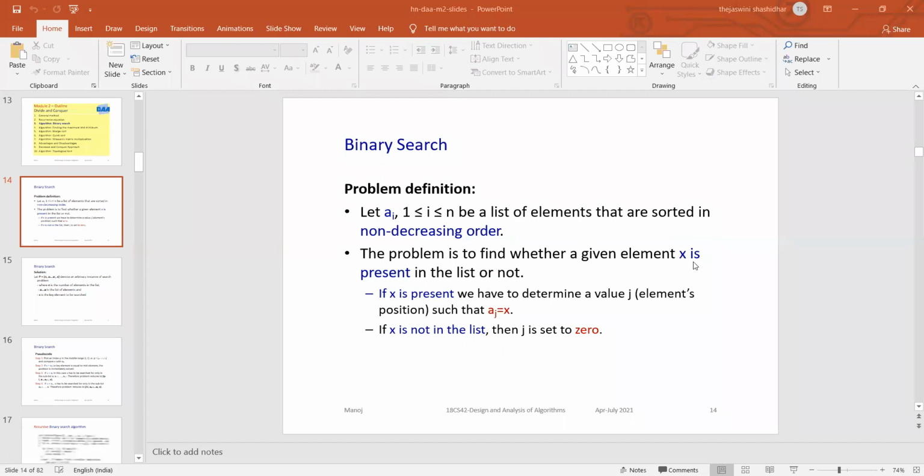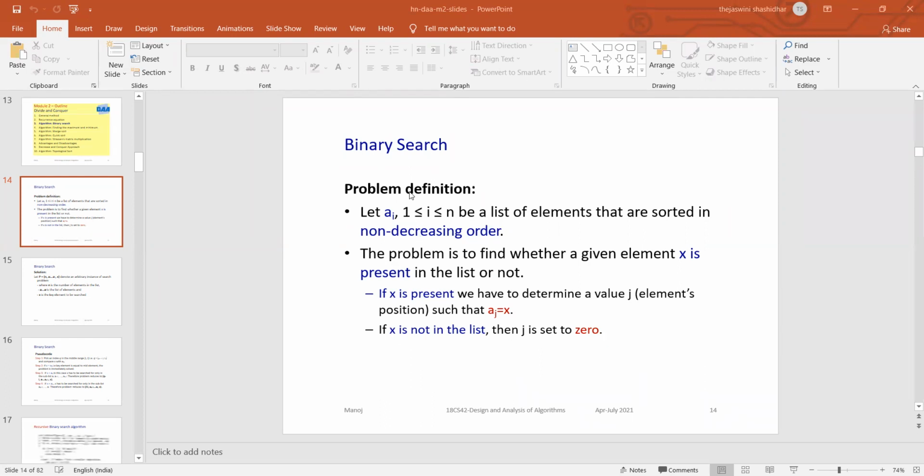The key element we call X. If X is present, we determine the value J, the position of the element in the array, that is the index value, such that A of J is equal to X. If X is not in the list, then J is set to 0.